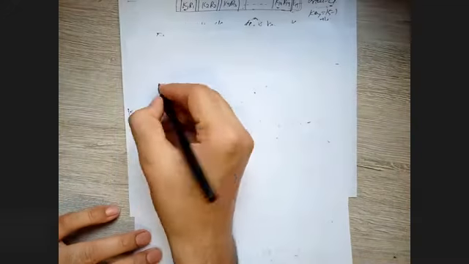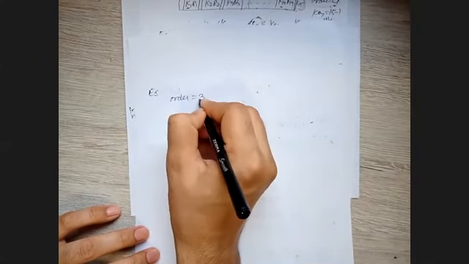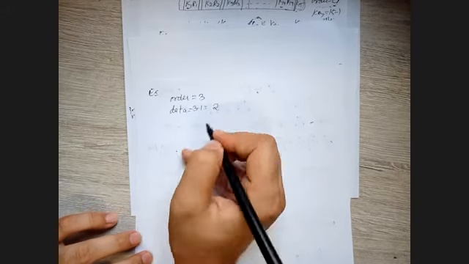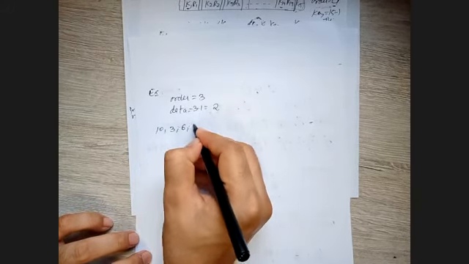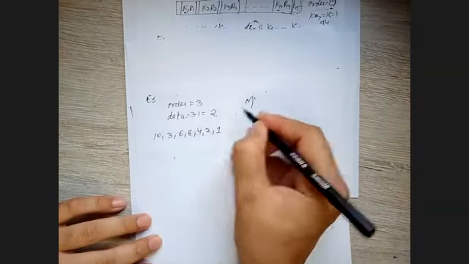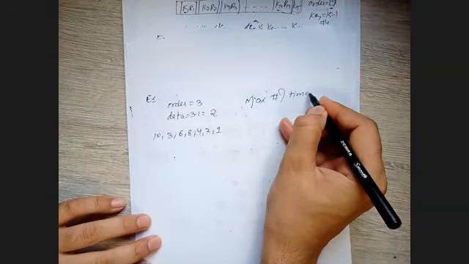The question says, as an example, let's say the order given is 3. That means data you can have maximum 3 minus 1 equals 2. The given data points are 10, 3, 6, 8, 4, 2, and 1. The question used to ask: what is the maximum number of times a leaf node would split up on insertion? When you perform the insertion operation, the maximum number of times the leaf node will split.